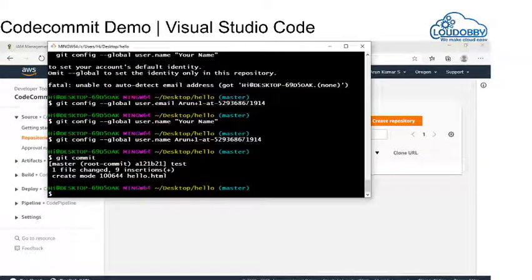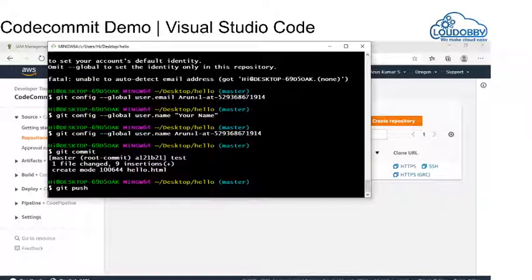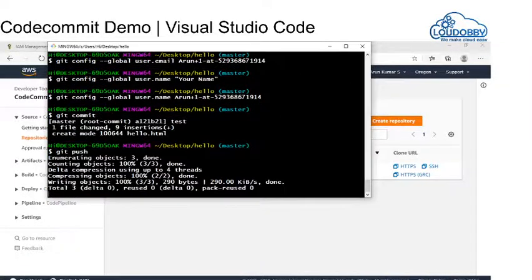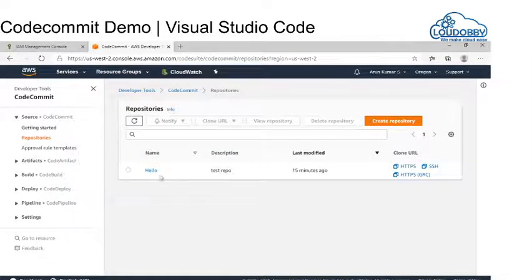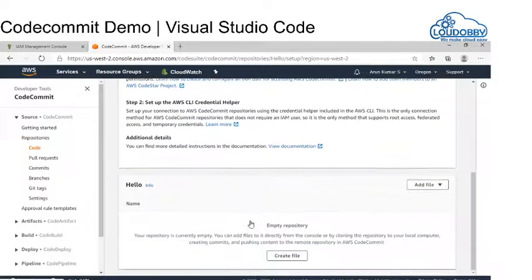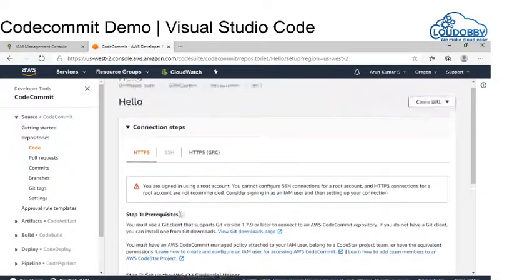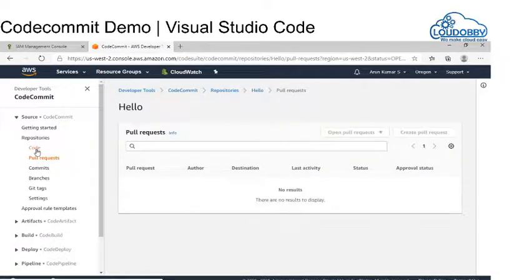Now what we are going to do is, after the git commit, you can also commit with the message in the same command using git commit -m, with the message of what code you are committing. Now I am going to say git push. Git push is going to send this file to my repository, to the branch. Okay, now I go to my repository and check it. Still it is not showing. Let me refresh again.